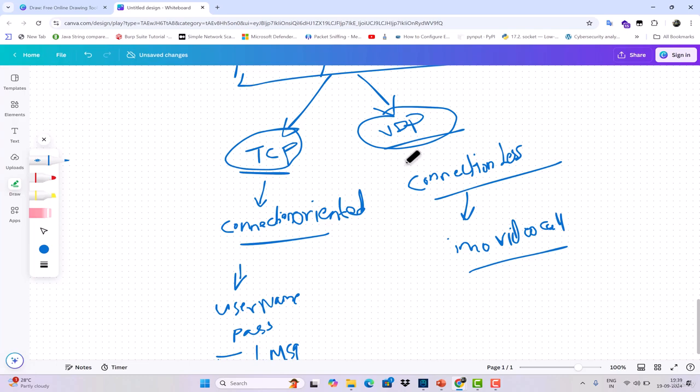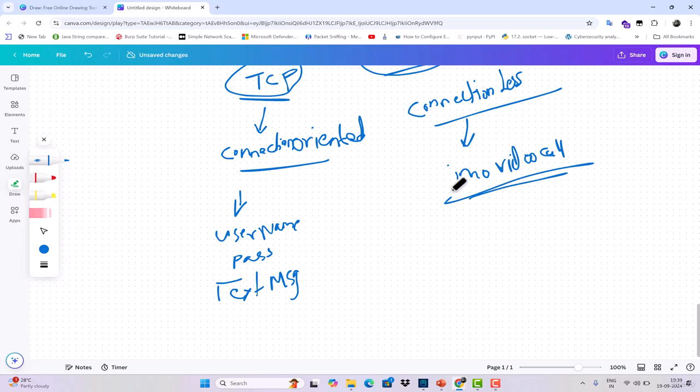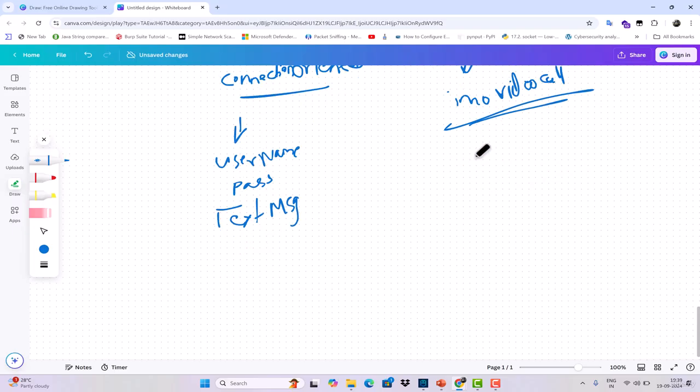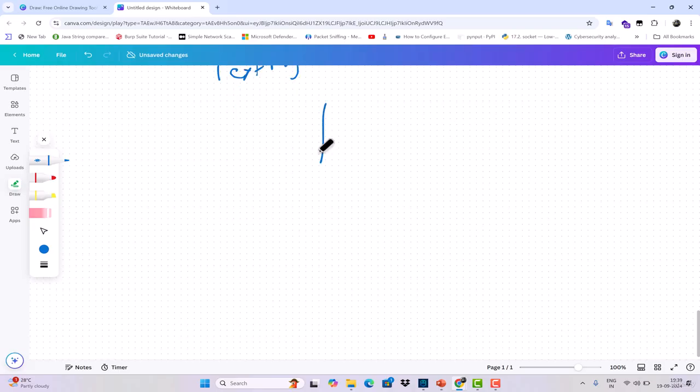TCP is connection oriented and UDP is connectionless. So this is an example, the IMO video call. You can't give assurance to your data that you transferred. Okay, so the next layer will be the